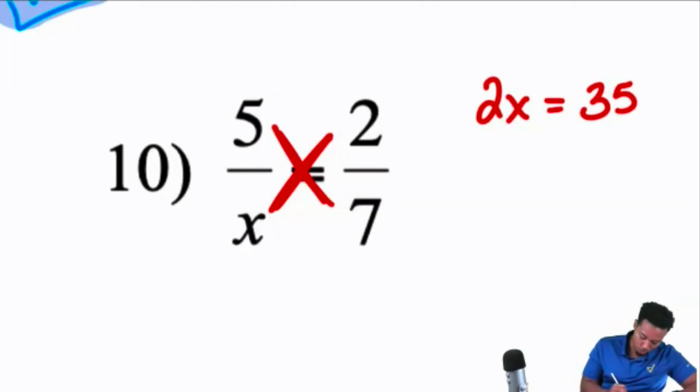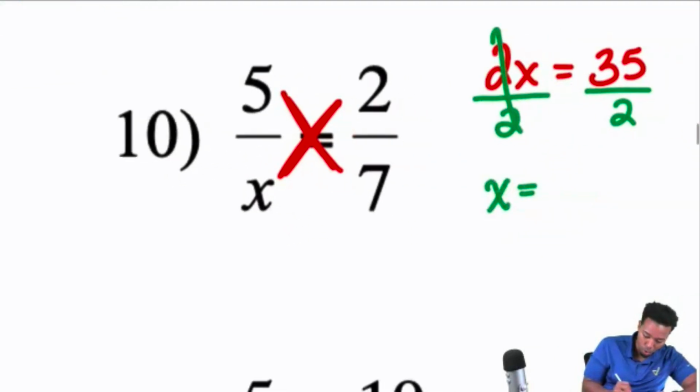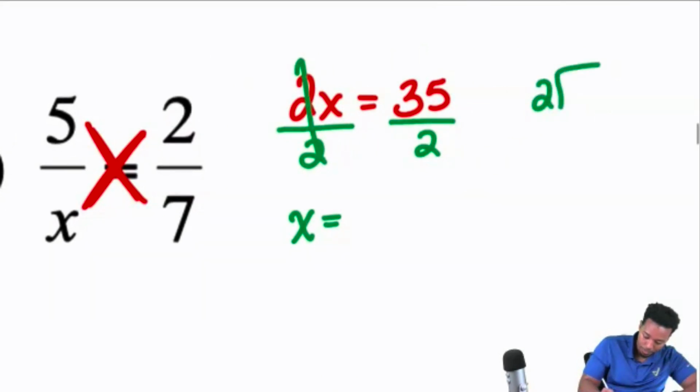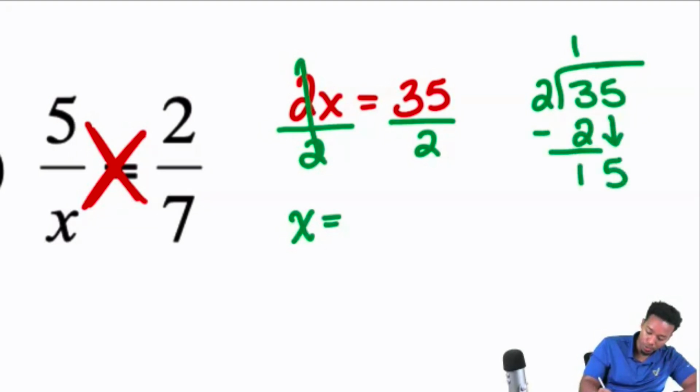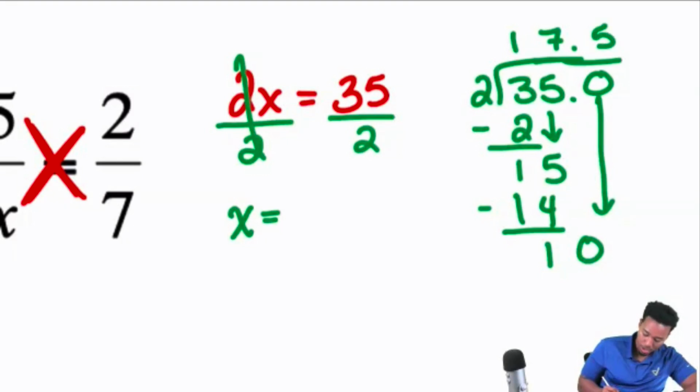Here we are, cross multiplied. We got 2x equals 35. Divide by 2 on both sides. And we got ourselves x equals that. So with that said, boom, 2 going into 35 is what we'll have. And so 2 goes into 3 one time. 2 goes into 15 7 times. And then put that decimal place there. Bring that 0 down. 2 goes into 10 5 times. And we get ourselves 17.5. And there is our